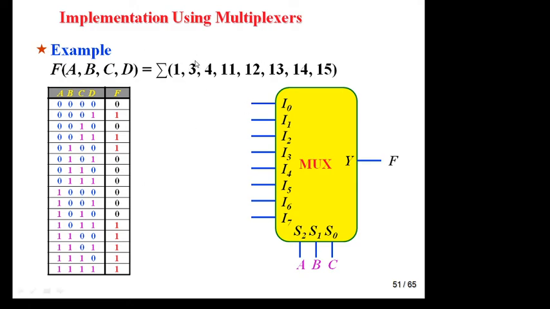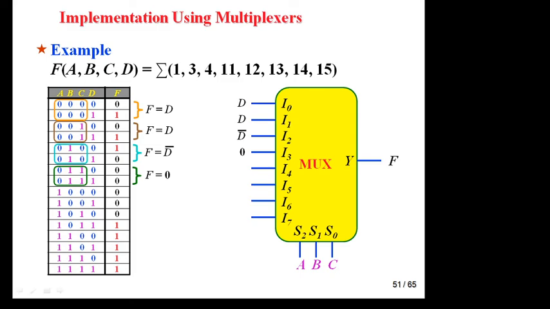In the same way, if you have to implement this by using an 8:1 MUX, just do the same thing. If the value of ABC is 0 0 0, then I0 is selected and compare with F. For 0 0, F equal to D, same value 0 1, this is 0 1, so D. Again the same value, 0 1, I1 is selected, F equal to D. When the value is 0 1 0, I2 is selected, so the value of F is D bar, 0 1 complement is 1 0.